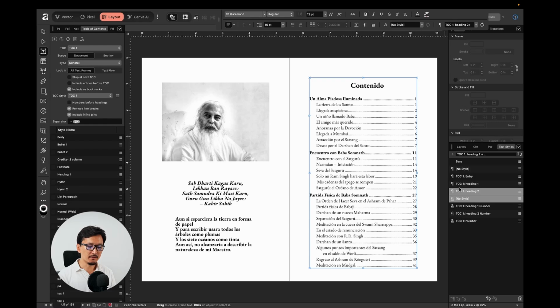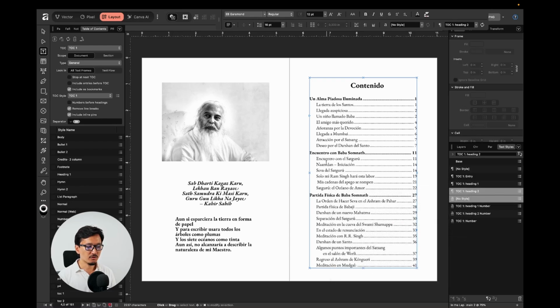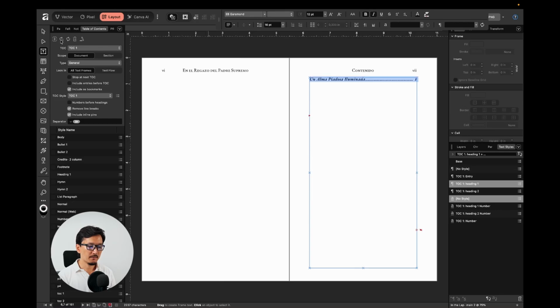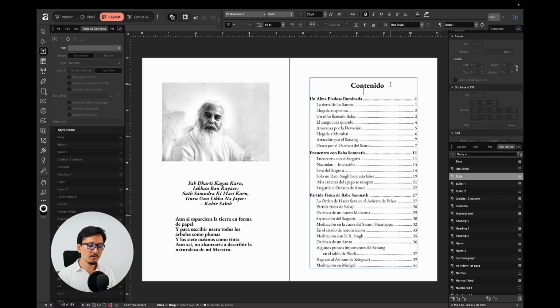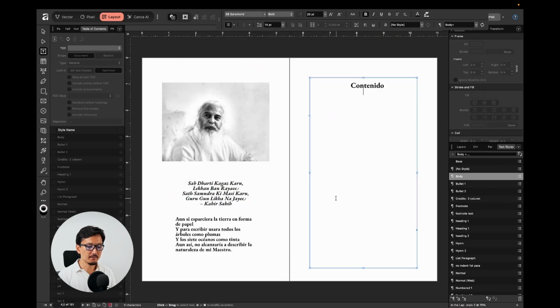Let's save the Heading 2, update. Let's try again. You see, it didn't work, it's still changing. What we have to do is delete the table of contents completely. Just select everything, delete it, and make sure that there are no empty paragraphs below the table of contents,